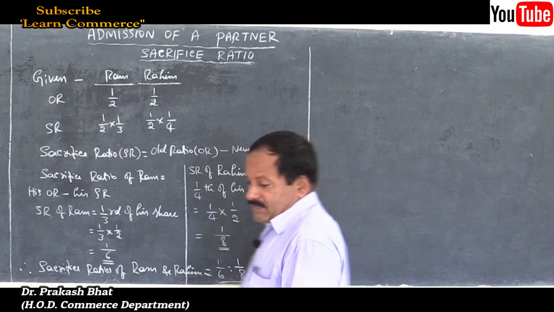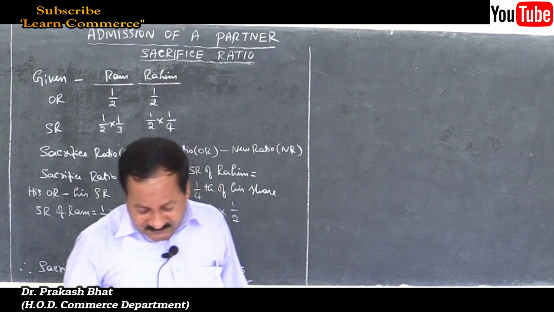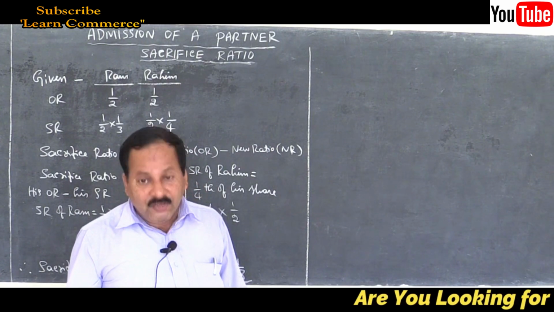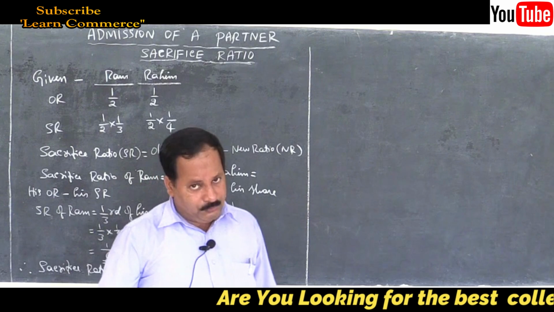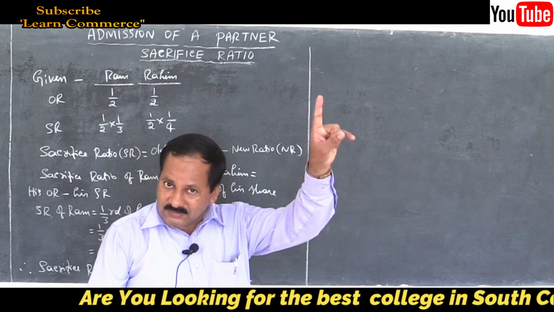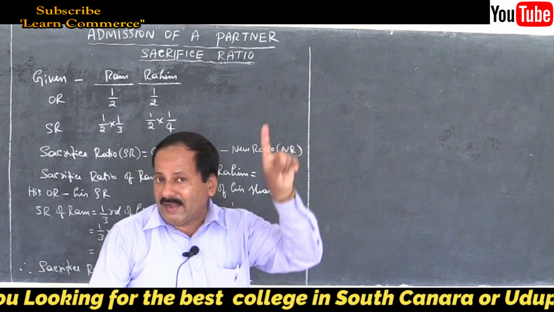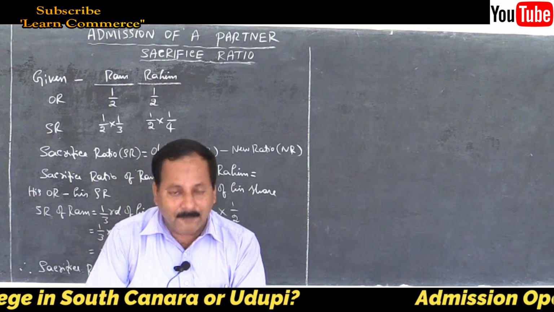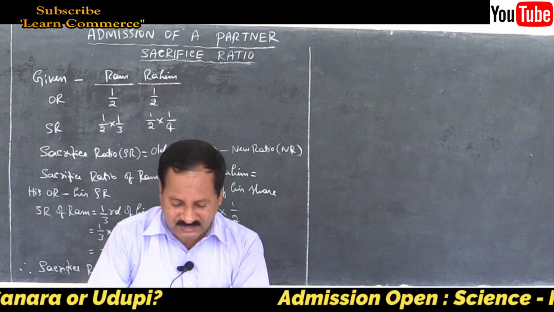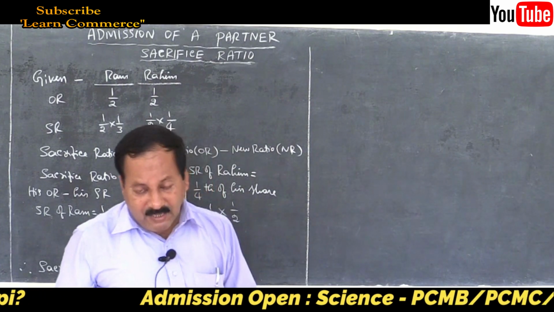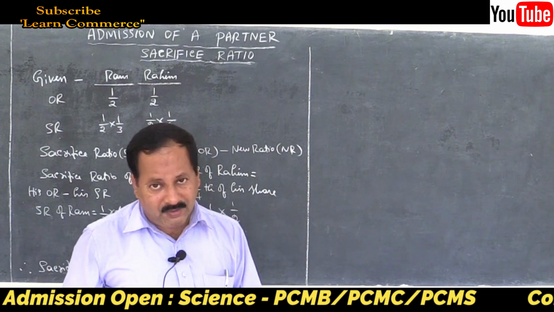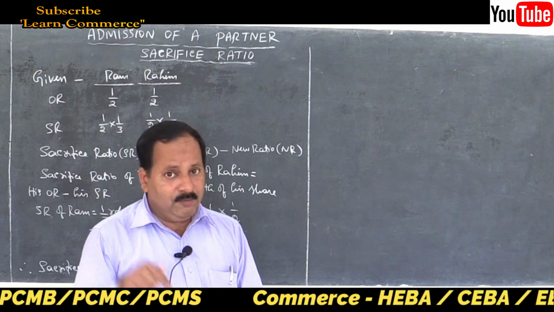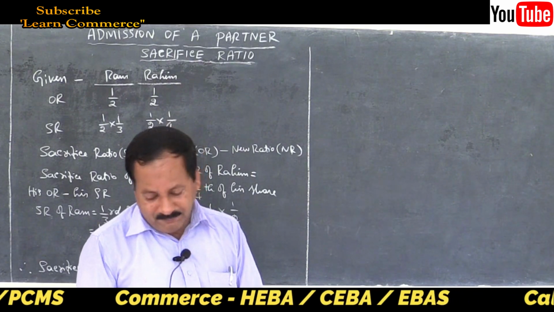Now let me move on to the next one, that is Radha and Rukmini are partners sharing profits and losses. I already told you, similar to that of problem number 1 and 2. Let us skip this problem, take it as your homework. Aarti and Bharati, I already gave it to you for assignment, problem number 8. Now I will move on to problem number 9, that is the last problem.